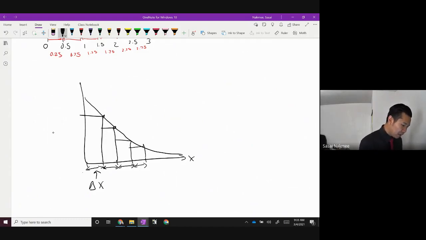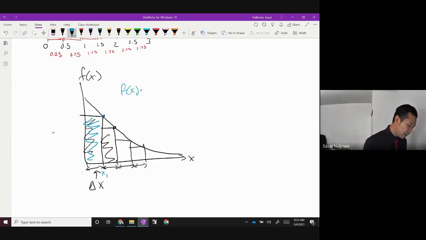So, if this was a function of x, to calculate these areas down here, for this one right here, let's do this one in blue, I would be taking the height of that rectangle, so f of x. Let's call this x sub 1, because they're going to be a little bit different. And we would multiply that with delta x sub 1, how much that difference is from here to here.